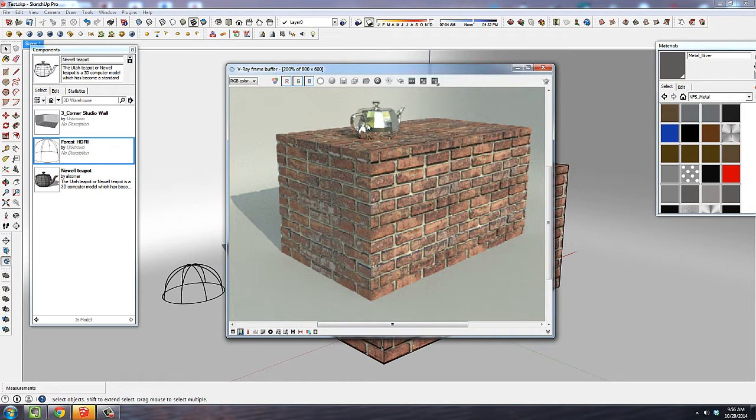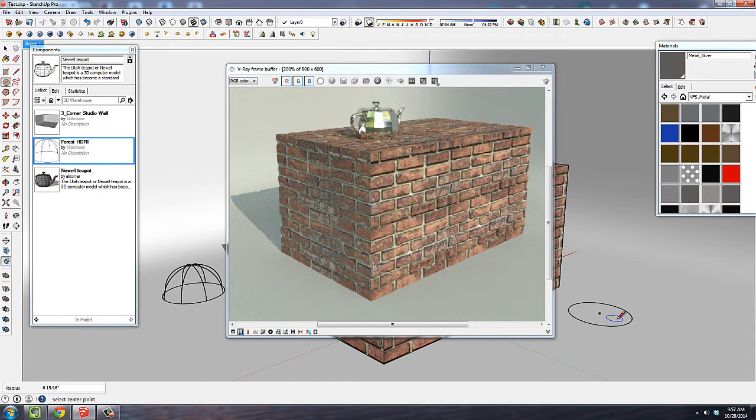Okay, we could see that our HDRI map has brightened things up considerably. We could see in the reflection of the teapot, although this is a very fragmented model, that we're catching a reflection of the HDRI in the background. I think I'm going to try adding a SketchUp object with a little smoother surface to see how that is